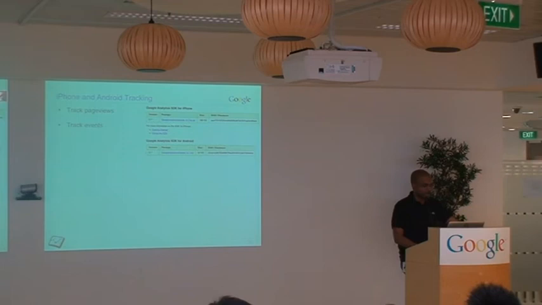And a couple of sort of power user tips as you're implementing this. The nice thing about these libraries for Android and iPhone is you can control when these GIF hits are made across the network. So we usually recommend that you batch these hits up together, because if your application is constantly firing off hits to Google Analytics, it's going to run down the battery on your mobile device. So you can actually batch all these hits together and send them at regular intervals, maybe every 2 or 3 minutes, or once an hour or once a day, however frequently you need the information.